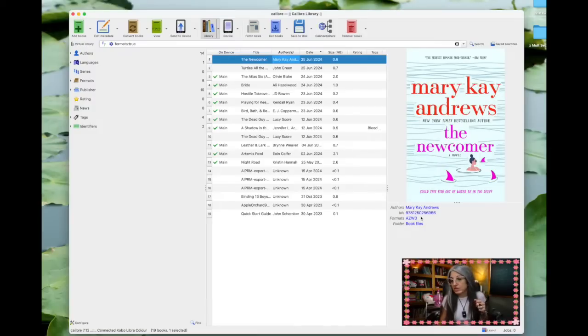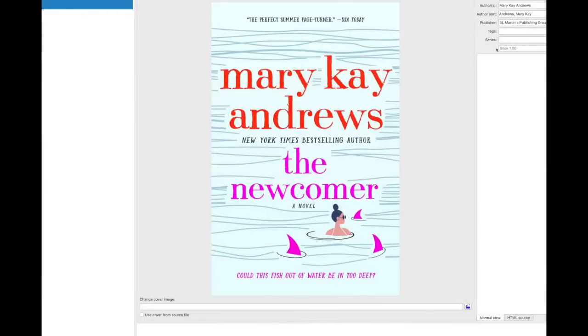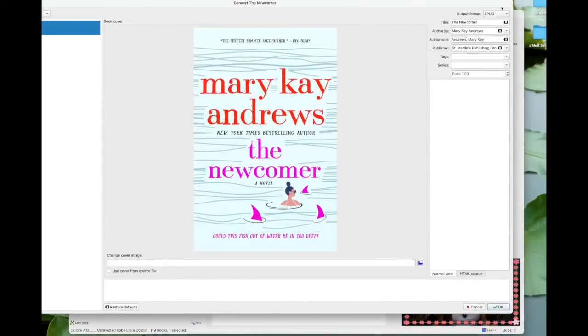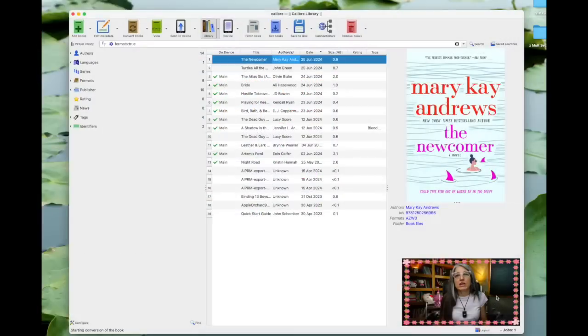So if I tried to drag this onto a Kobo or a Books device, if I didn't put it in my Amazon app and just tried to download it to the generic reader on the Books device, it wouldn't work. So I need to convert this to an EPUB format. If I go to convert, and you can see, let me drag it over. This is huge. Oh, there we go, I can make it little. So let me get it to where we can see the whole thing. See up here in the upper corner where it says output format EPUB? If I hit OK,